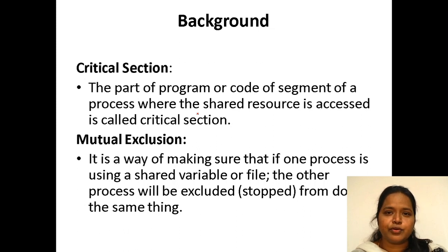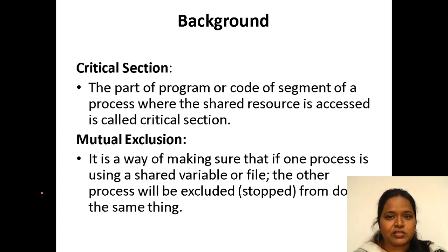So what we do is allocate the CPU to one process at a time, so that no race condition will be there. What I mean to say is, the critical section is the one in which only one process is allowed to execute. All the remaining processes should wait outside the critical section. So we achieve the goal of only one process being executed by the processor, so that no race condition is going to be there.